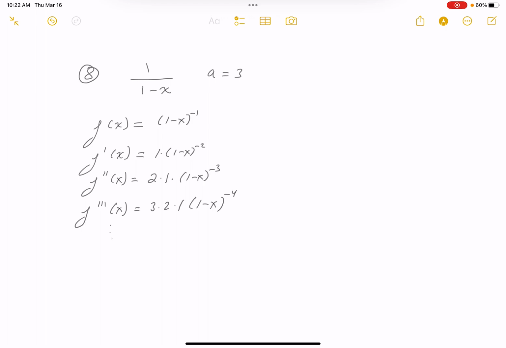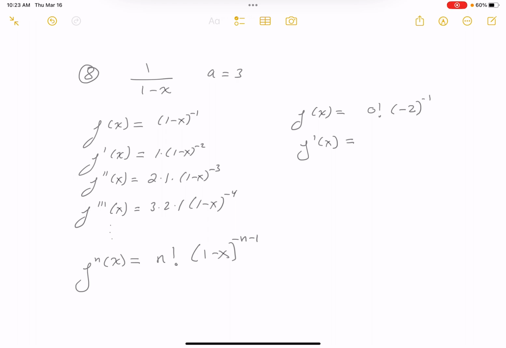And yeah, it definitely has a nice pattern to it. Let's write that down. So the nth derivative is going to equal n factorial (1 minus x) to the minus n minus 1. Now what I'm going to do is evaluate these things at 3. So f of x, and I'll try to write them down very orderly now. So it's going to be minus 2, because 1 minus 3 is minus 2, to the minus 1. I'm going to start writing things down that some people say they're really not there, but I need to get a pattern. F prime,